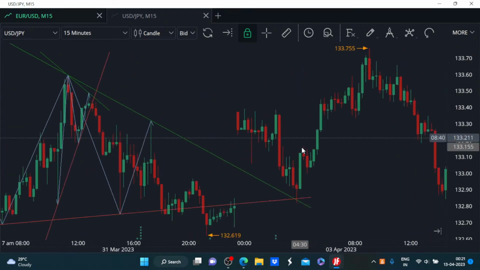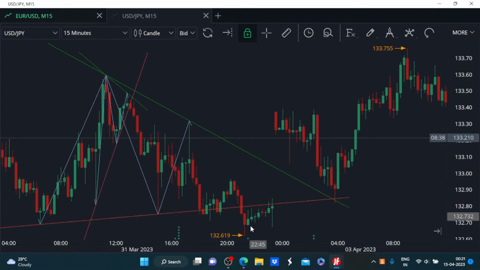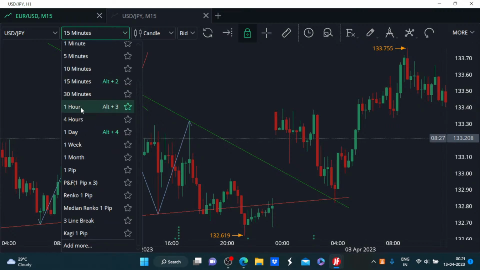Here also there was not a significant price move on the higher side, but if you had gone for the trade with the stop loss just slightly below, then also the risk reward ratio would have worked out quite favorably. So we saw another example. Let us increase the time frame